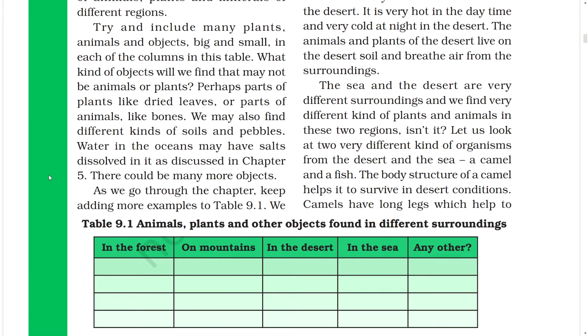The sea and the desert are very different surroundings, and we find very different kinds of plants and animals in these two regions. Is it not? Let us look at two very different kinds of organisms from the desert and the sea. A camel and a fish. The body structure of a camel helps it to survive in desert conditions. Camels have long legs which help to